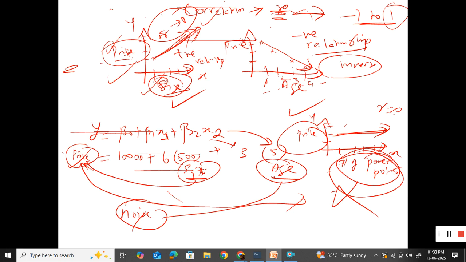Or for example, if you compute the correlation between two quantitative variables, the same example, right? Price, and let's take this example, price and the number of power points. When you find out the correlation between them, there is an equation for that, right? With that equation, if you find out it gives you 0, that means there is no relationship. With that, you can simply exclude the number of power points.